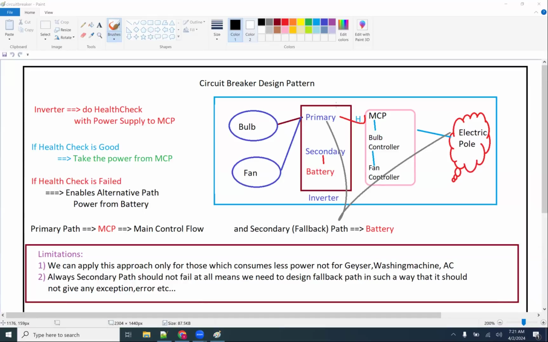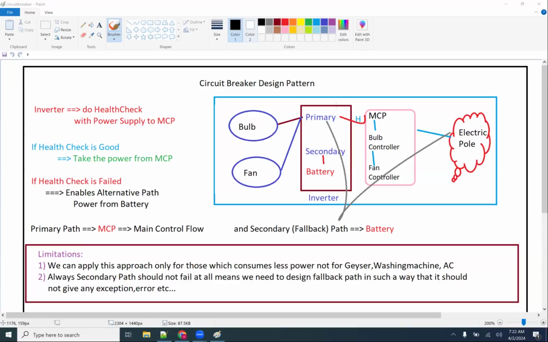If there is no power in the electric pole and the MCP is not able to take the power, then the bulb will not glow and the fan will not rotate. So if I want my bulb and fan to be always up and running, always in good position,